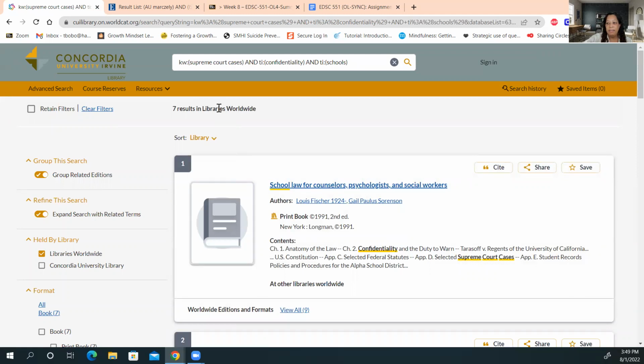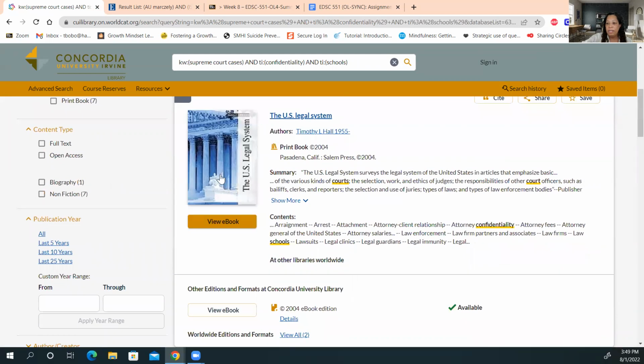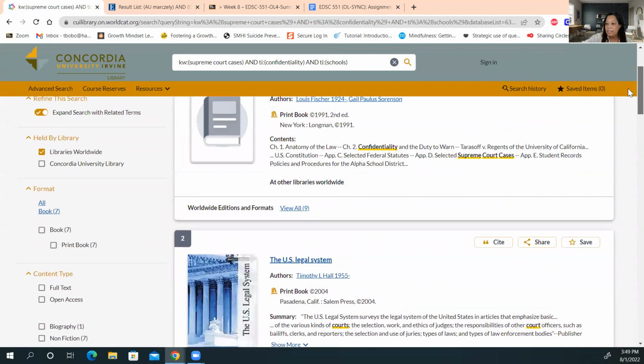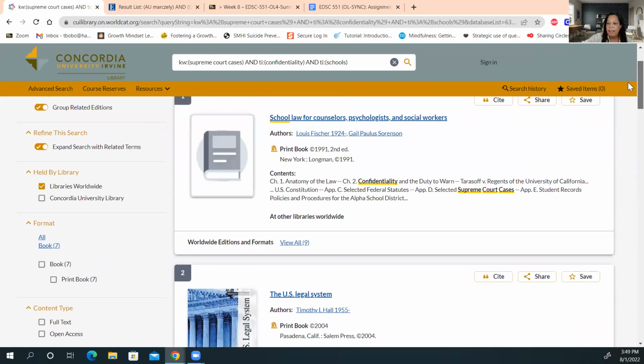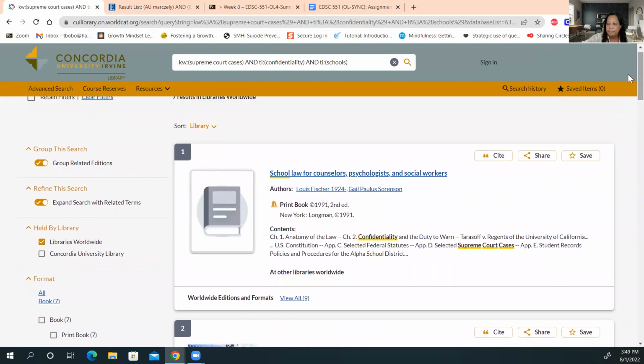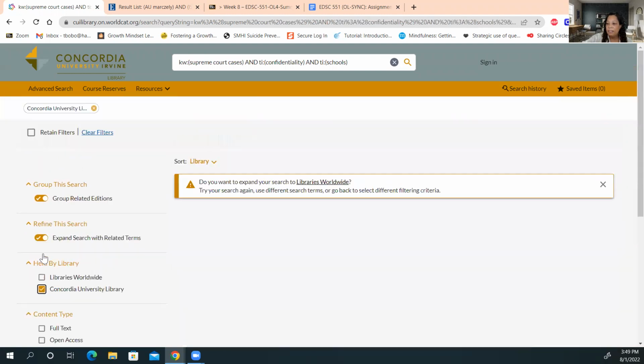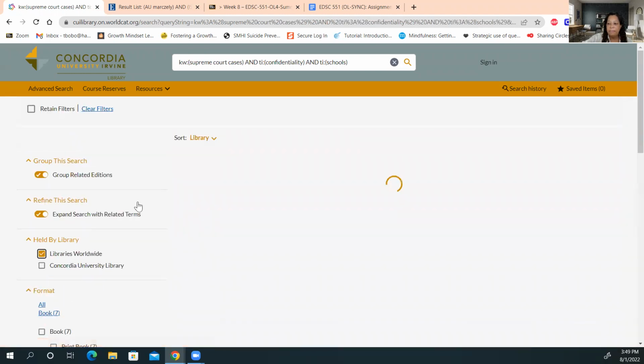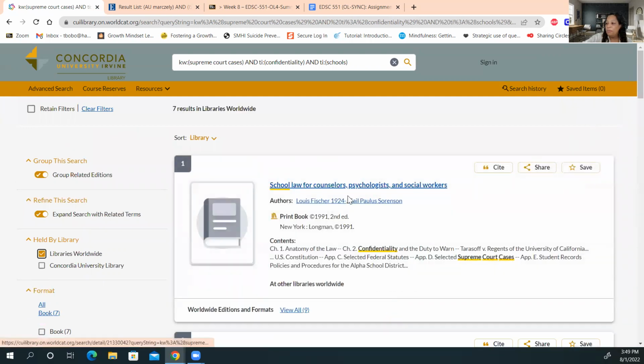We have 7 in the worldwide libraries. And then we also want to go down here. These are books, the US legal system. They don't have any, let's see if they have any in the Concordia Library. Nope, we don't have any there, but we would take a look at some of these.